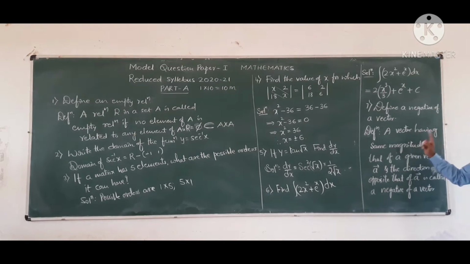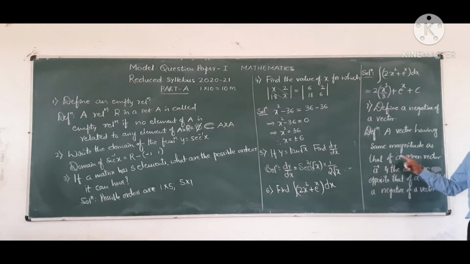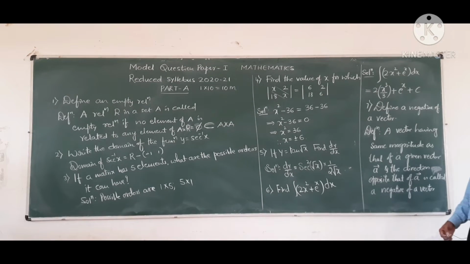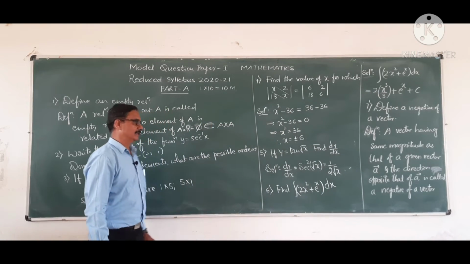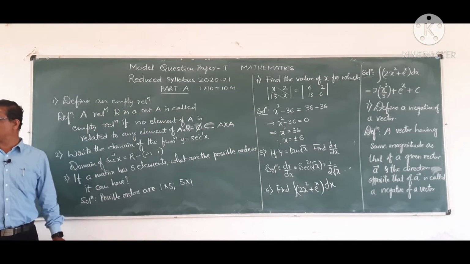Remember, a vector having the same magnitude as that of a given vector A and the direction opposite to that of vector A is called the negative of a vector. Okay? Whereas the eighth problem,